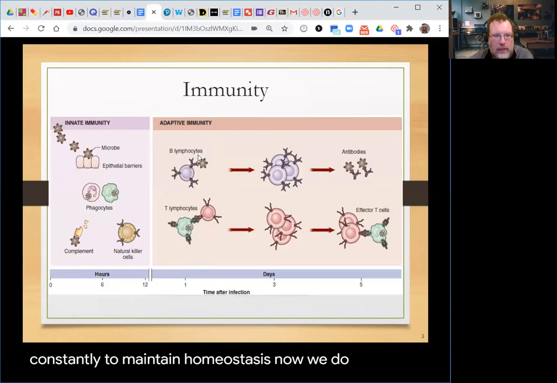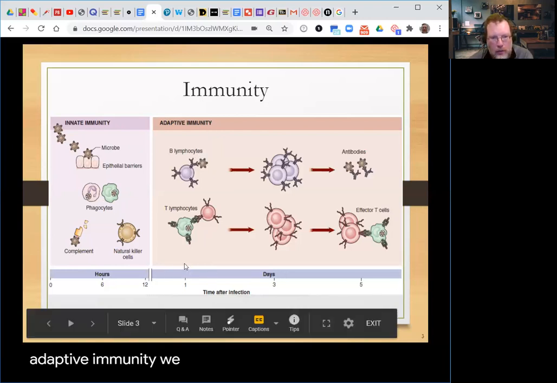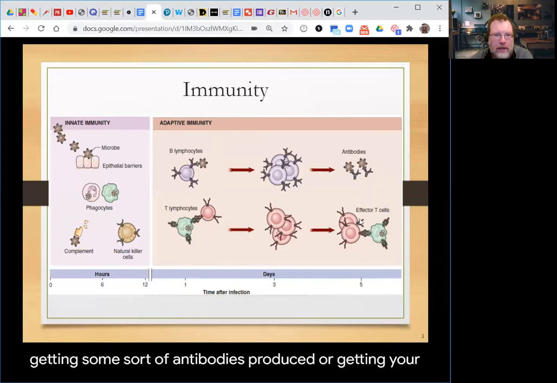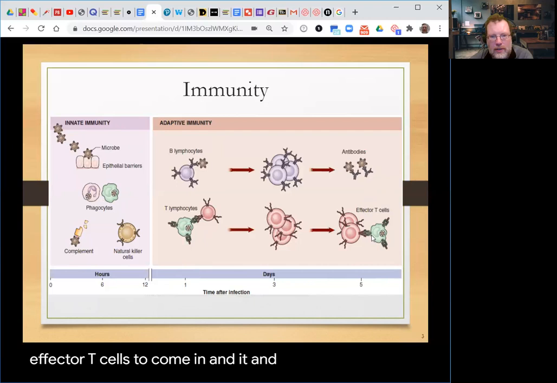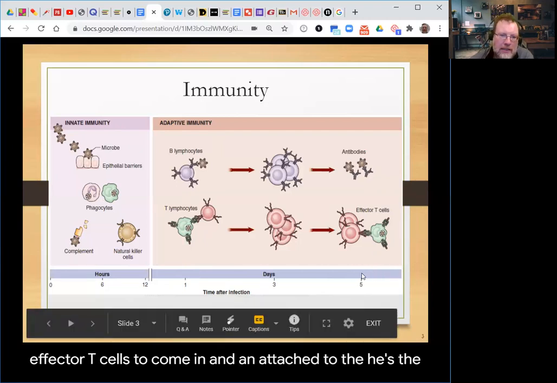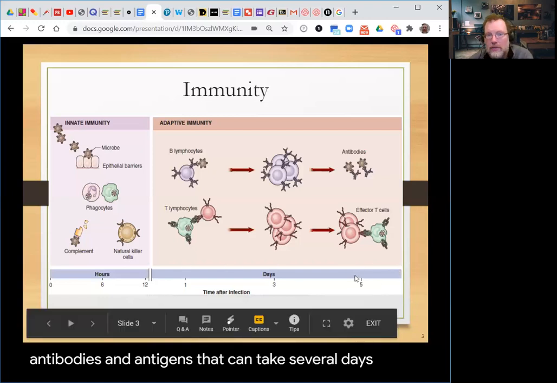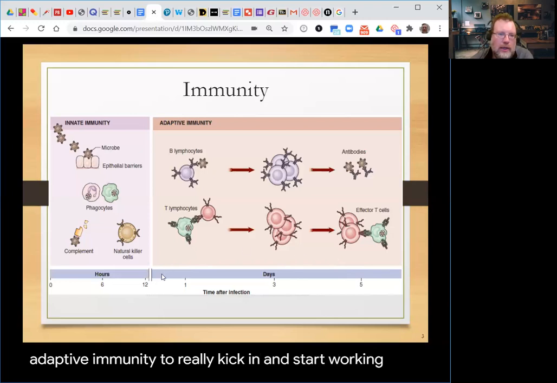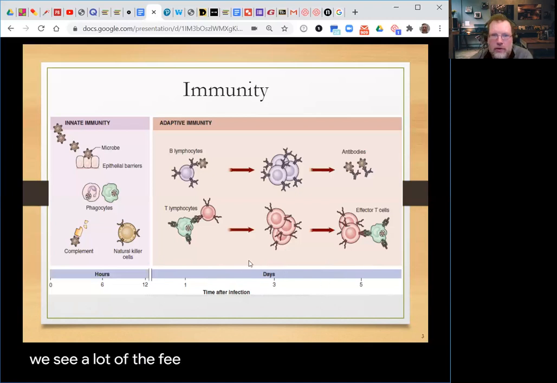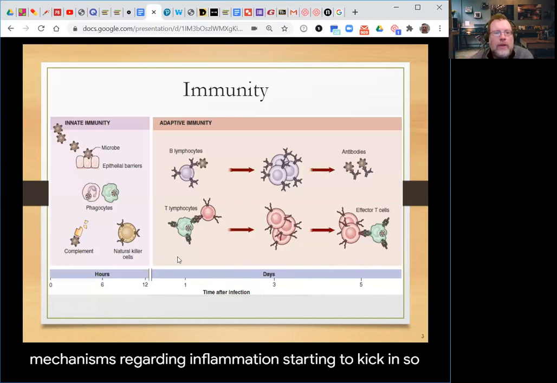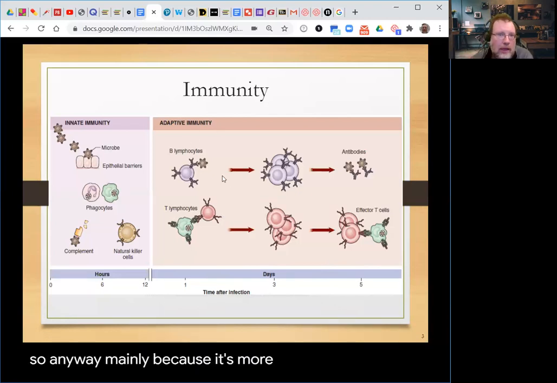Now, for adaptive immunity, we notice from the time of infection to getting some sort of antibodies produced, or getting your effector T cells to come in and attach to the antibodies and antigens, that can take several days for adaptive immunity to really kick in and start working. That's why oftentimes when folks get infected with some sort of a virus, usually the first 2 to 5 days are when we see a lot of the fevers, a lot of the body's response mechanisms regarding inflammation starting to kick in. Anyway, it's more complex, which is what chapter 33 gets into,